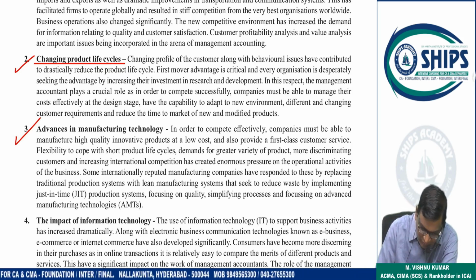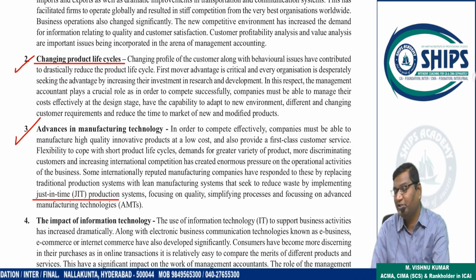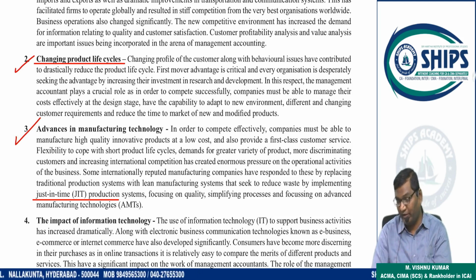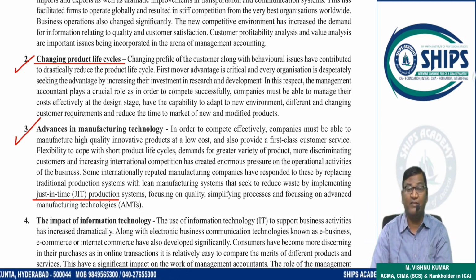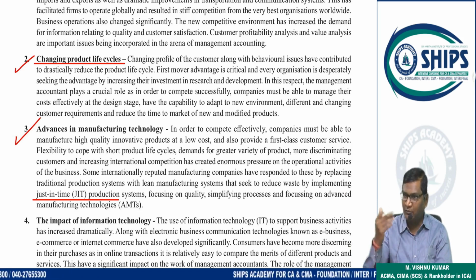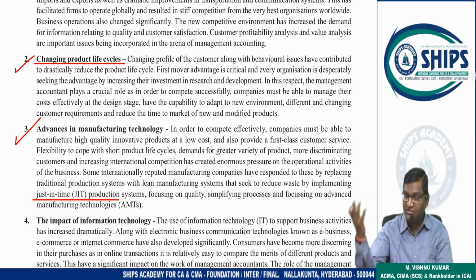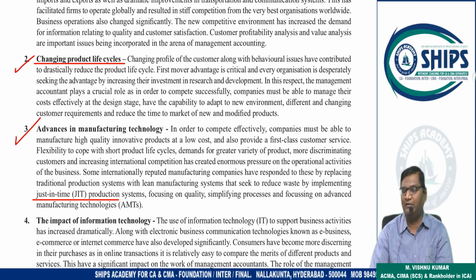So organization has to use just in time system, activity based costing system, a lean management system. Lean management system means we have to eliminate the wastages. Wherever there is a wastage, all those wastages have to be eliminated. This wastage can be related to material, to labor time, to waiting time, to processing time, this can be related to any area.